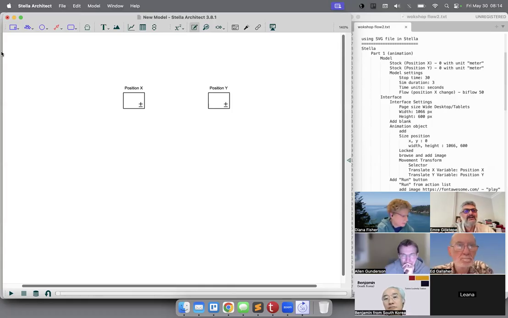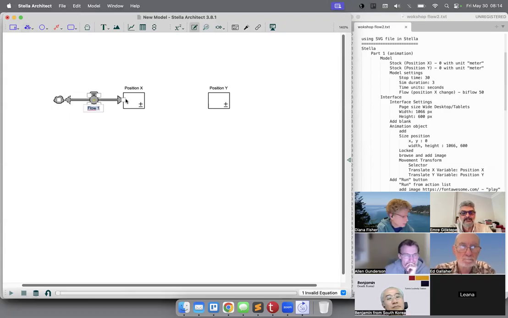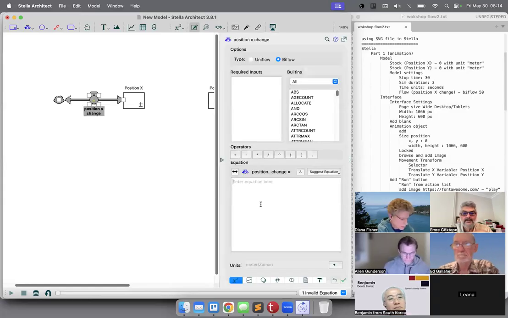But it won't, but it's better to use the biflow because it can move in both directions. Change position exchange. Position exchange, and the value is 50 meters per